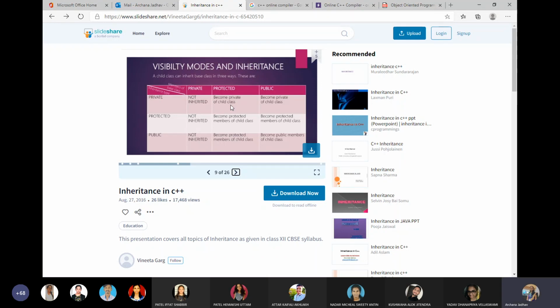And suppose you are writing that accessibility mode, the private that we write now. If you are writing it private, what will the public become? It becomes private of your child class. The public variables or the methods will also become private of your child class. Why? Because this means that,